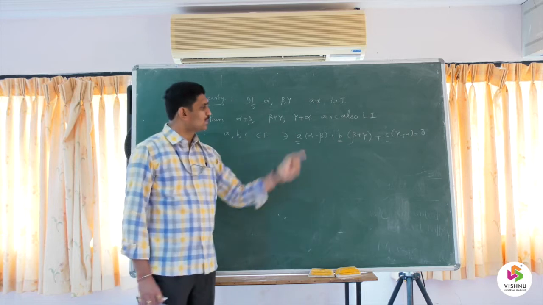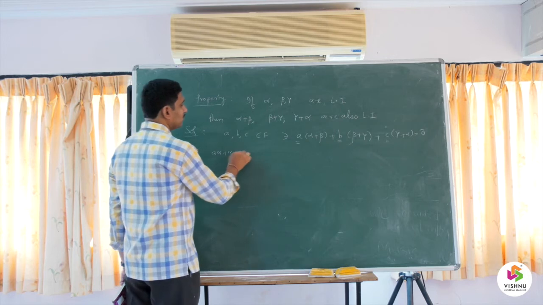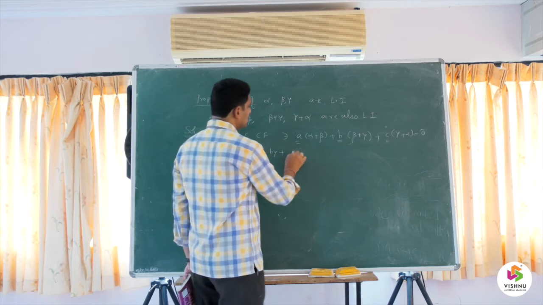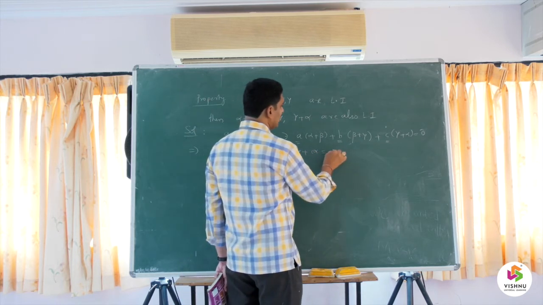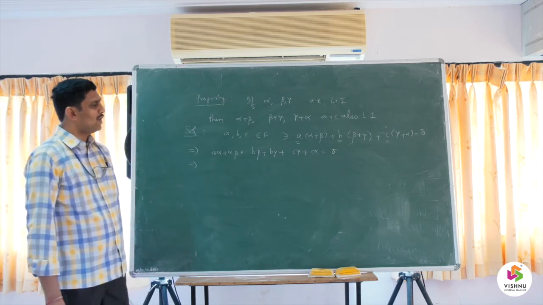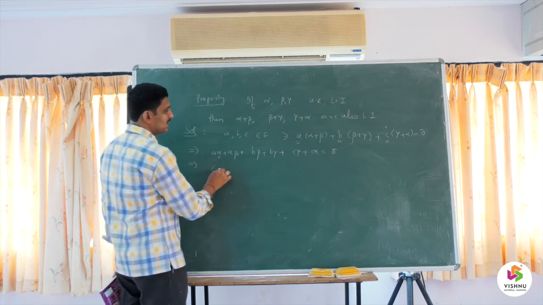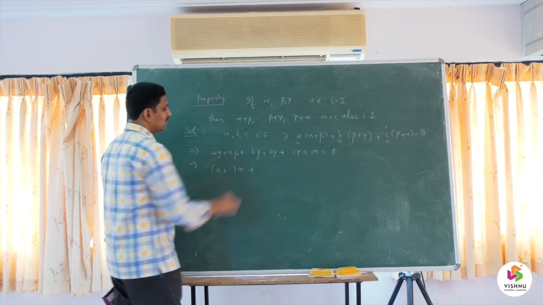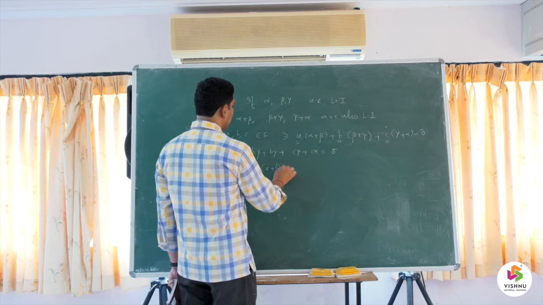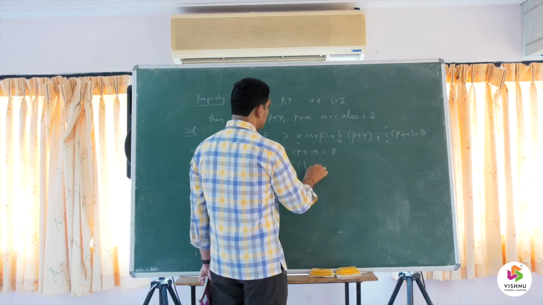So let us simplify this expression. So you have multiplying the values A alpha plus A beta plus B beta plus B gamma plus C gamma plus C alpha equal to 0 bar. Now what I will write? I will take the values of alpha, beta, gamma as common here. So here, if you take the coefficient of alpha, it is (A plus C) into alpha. If you take the coefficient of beta, it is (A plus B) into beta. And for the coefficient of gamma, it is (B plus C) into gamma.